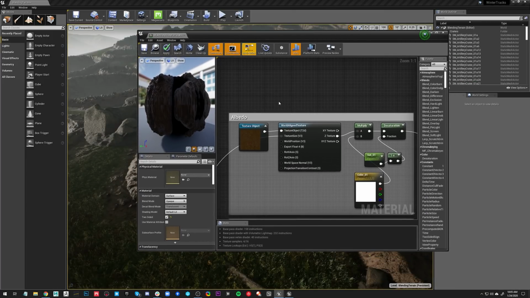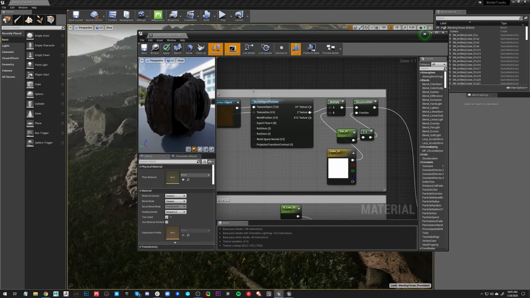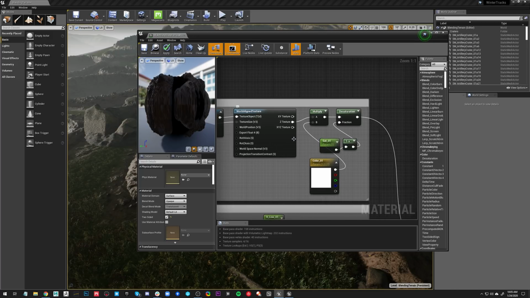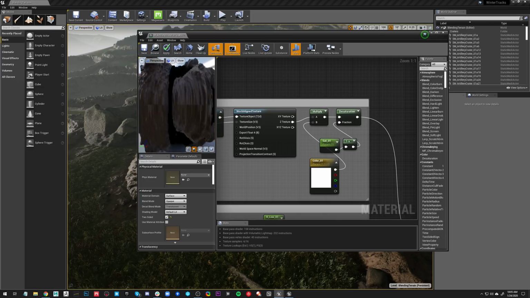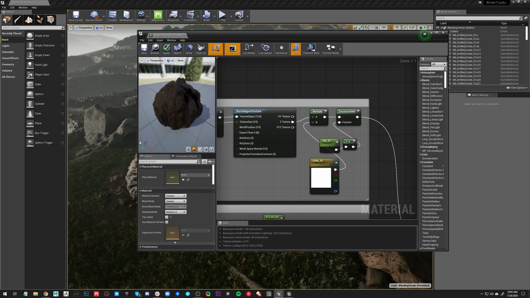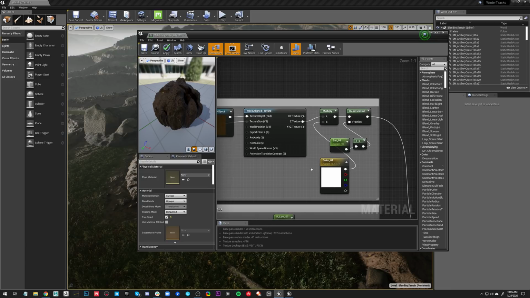Now if you wanted to do some sort of triplanar projection, or say you have some vertical cliffs that you want to project some Megascans textures onto, and you don't want to sculpt it and bake it out, you just want a tiling texture on that, XY can work really well. Let's see if I can rotate this. Yeah, so this shows a pretty good example of it. It's going to be in the left, right, front, forward direction.